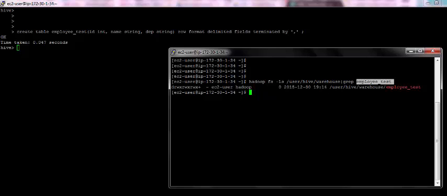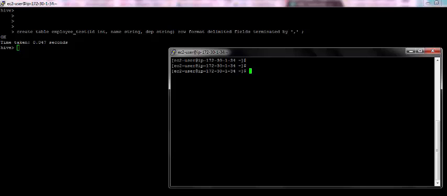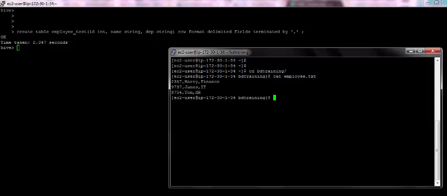When it is an internal table, Hive by default will create this location, and whatever data that we load into this table will be physically kept in this location in HDFS. Now we will load some data into this table and see what happens in our HDFS directory. I have a local file called employee.txt which contains 3 columns. The first corresponds to the ID, the second corresponds to employee name, and the third column corresponds to the department. Now we are going to load this file into the Hive table. But before loading this file, we can see that this employee_test directory is completely empty.